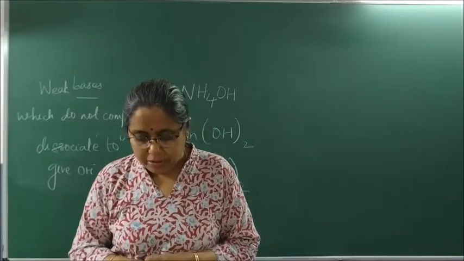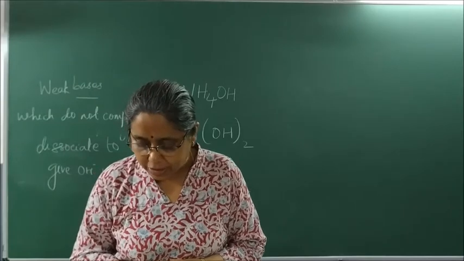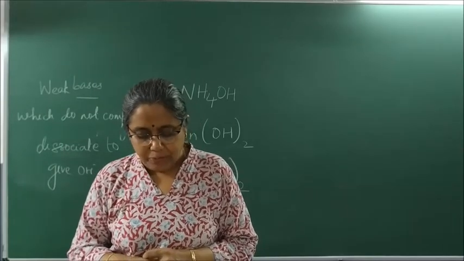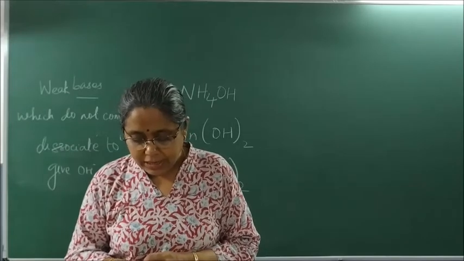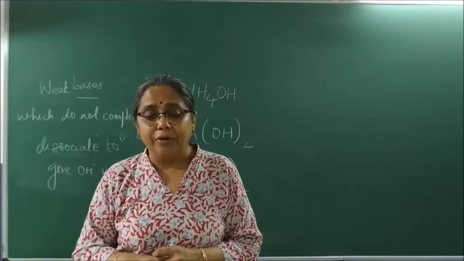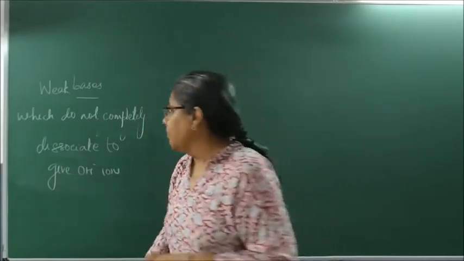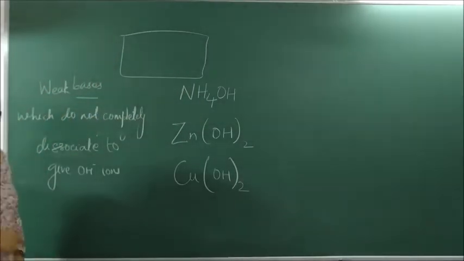Plants require a specific pH range for their healthy growth. To find out the pH required for the healthy growth of plants, you can collect the soil from various places. So if I have a rectangular farm, let us suppose I have a farm like this, and I have to check the pH of the soil.